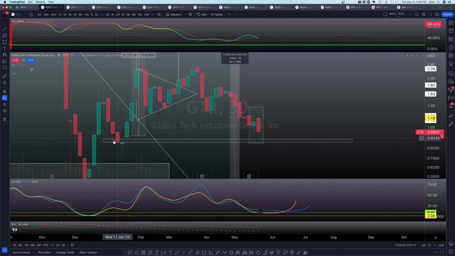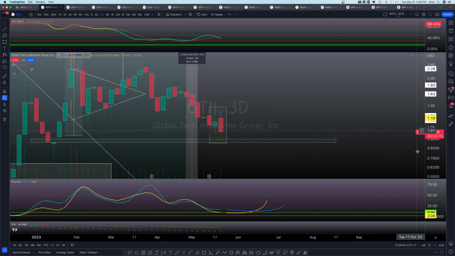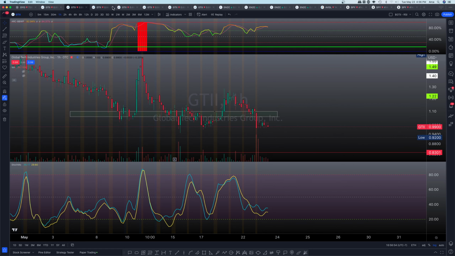But I'm not really looking at that right now because we do have a gap here, and those gaps usually work as a pretty nice area of support, right? But it really depends on what's happening here on that 3-day closure. We still have some time. We won't know anything until that closes. Okay, you guys, so let's go ahead and continue on the analysis and see what else we have in store